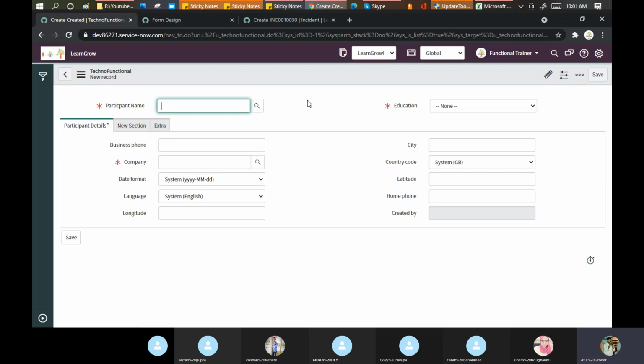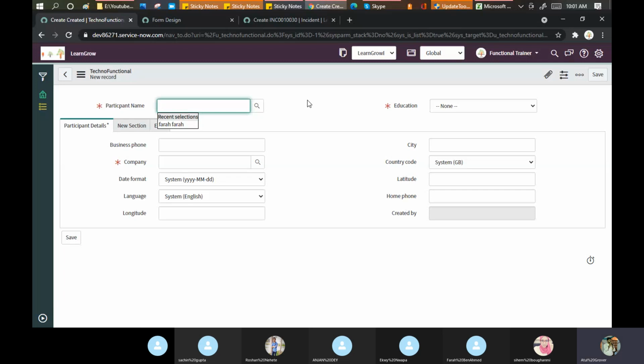Okay. If you order something from Amazon, Ikvi orders something from Amazon, Farah orders something from Amazon, you all get the same options, add to cart, buy now, right? Is it possible for Amazon that for Sachin something else should be visible, for Ikvi something else, and for Farah something else? It is not possible, right?